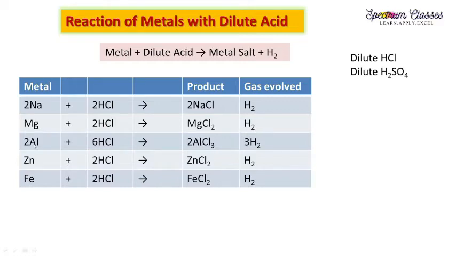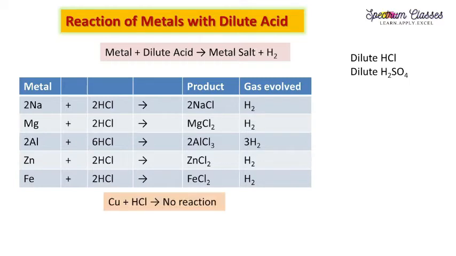Similarly, we have the reaction of aluminium with HCl. How are you going to balance this? Al has plus 3, Cl has minus 1. So 1 will go to Al and 3 will go to Cl, and you will get AlCl3. Now balance the reaction. Here you have H2, as hydrogen gas is evolved. Cl is 3 and H is 2. So how do you balance this? The common multiple of 3 and 2 is 6. So 6 HCl, 3 H2, 3 times 2 is 6 Cl, and aluminium is 2, so multiply aluminium by 2. Similarly, you will do this exercise.